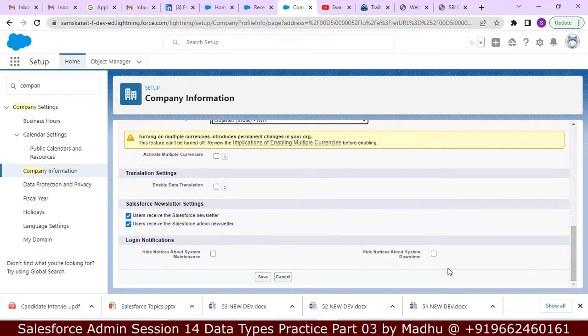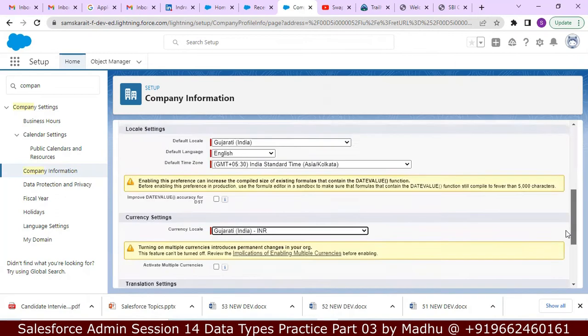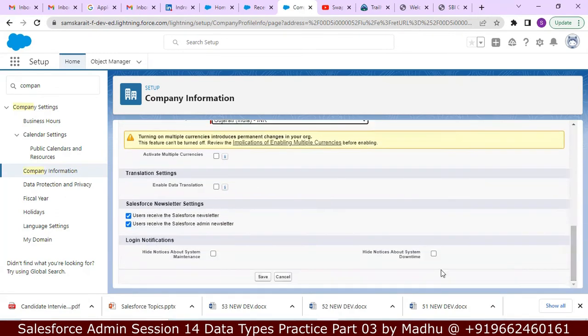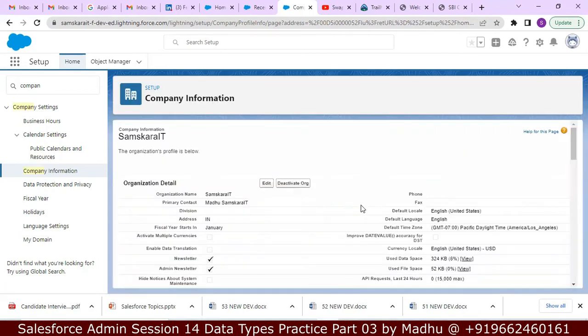Or if you save it, it will give INR and this local time for this application. I'm not saving this. So it is showing United States. If you change it,